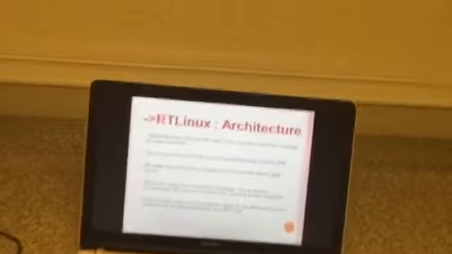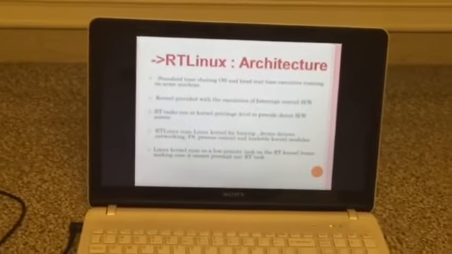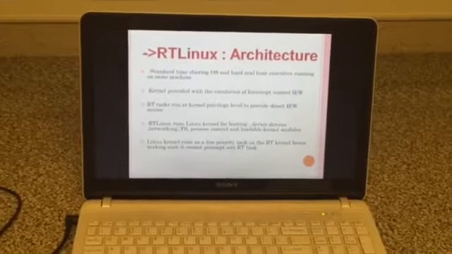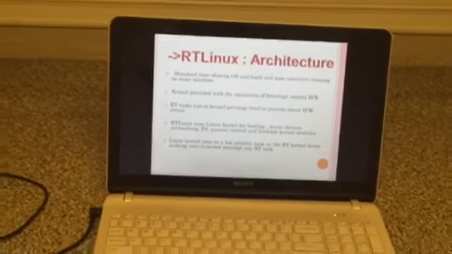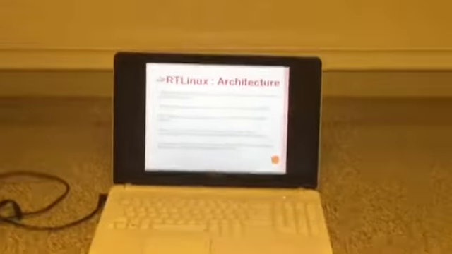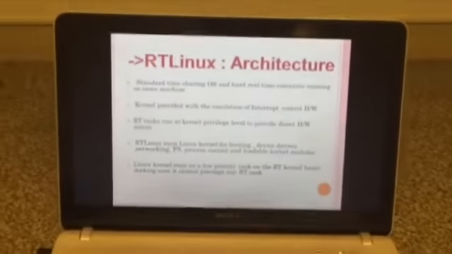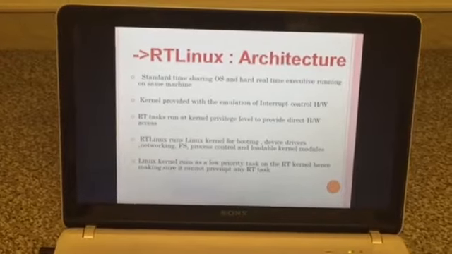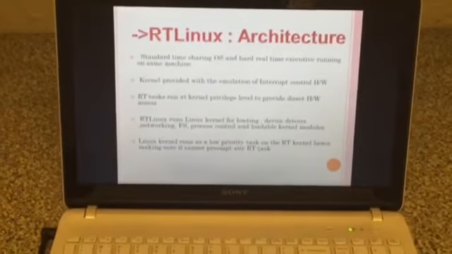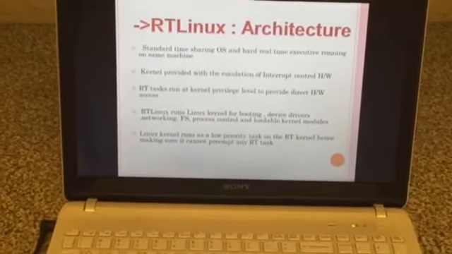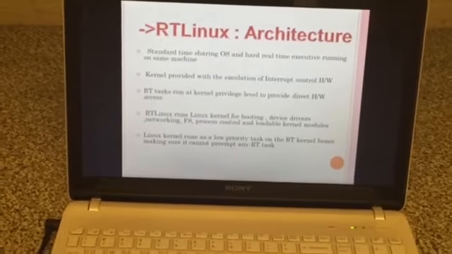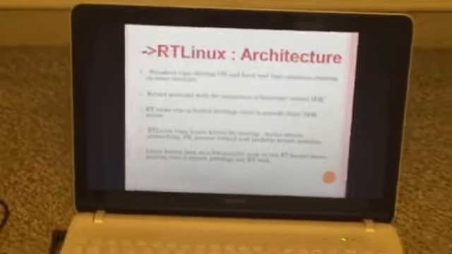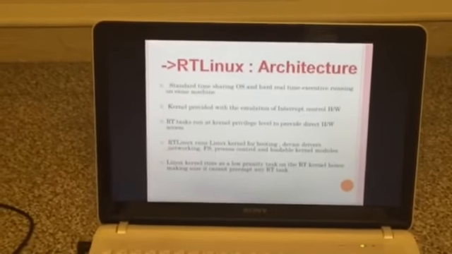Now coming to the architecture of RT Linux, as I've already said, it's a standard time-sharing operating system with a hard real-time executive running, and both run on the same machine. The kernel provides emulation of the interrupt control hardware. The RT Linux task runs at kernel privilege level to provide direct hardware access. We even see the Linux kernel runs as a low priority task on the real-time kernel, making sure it cannot prevent any real